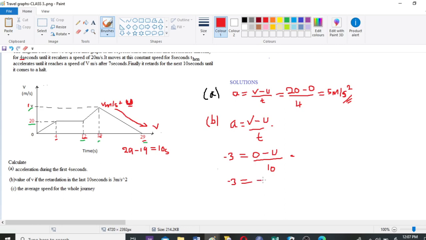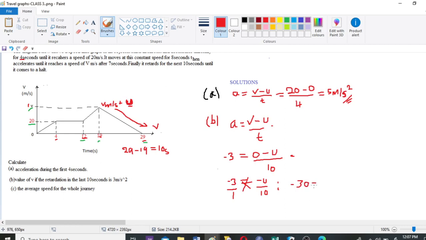You have negative u, right, over 10. Now you can cross multiply. So what are you going to get? When you cross multiply, you're going to get negative 3 times 10. You're having negative 30